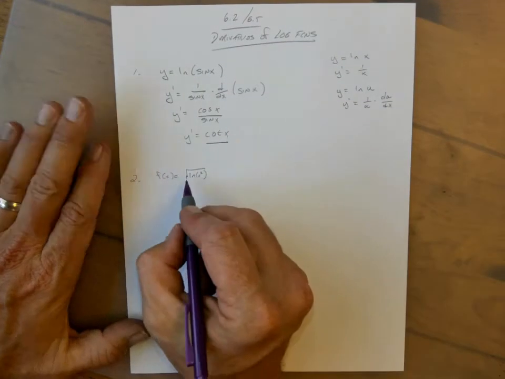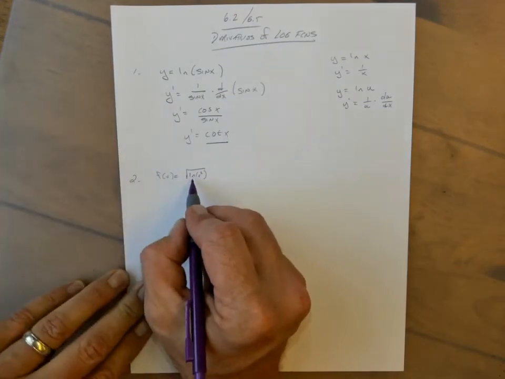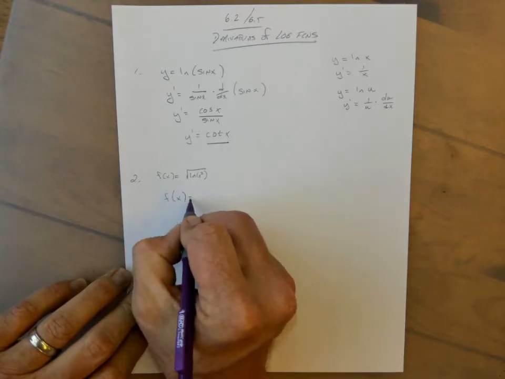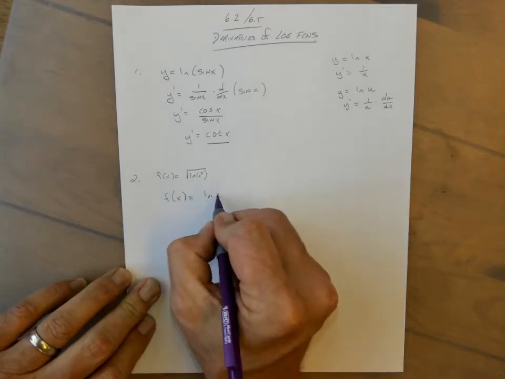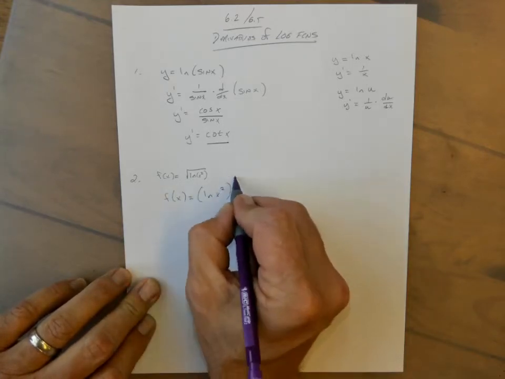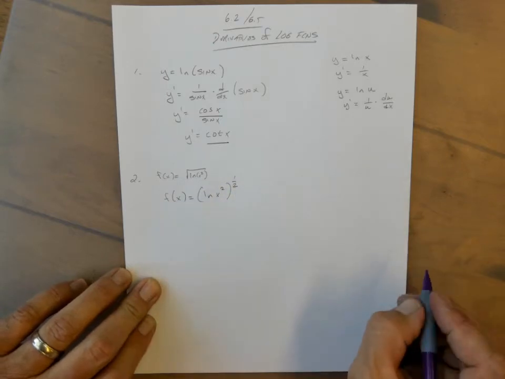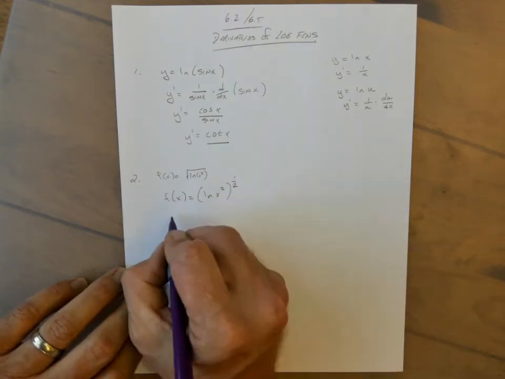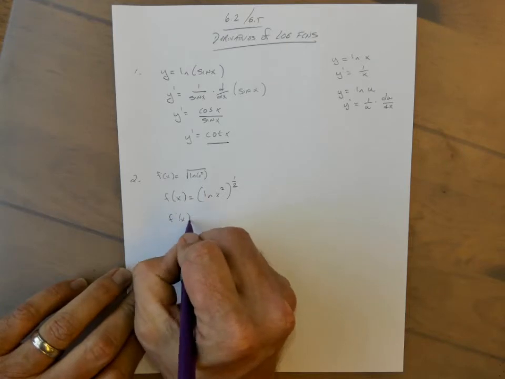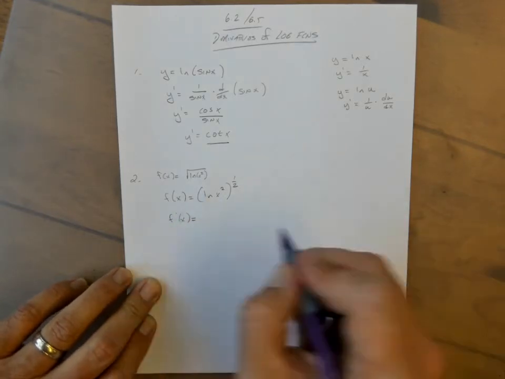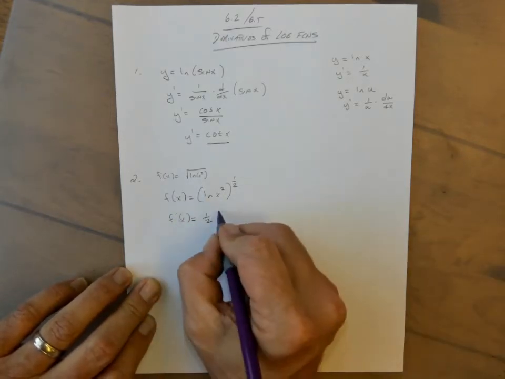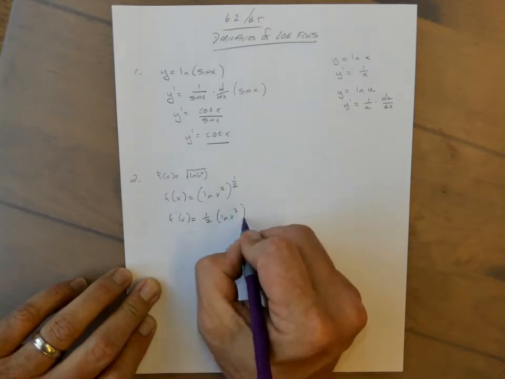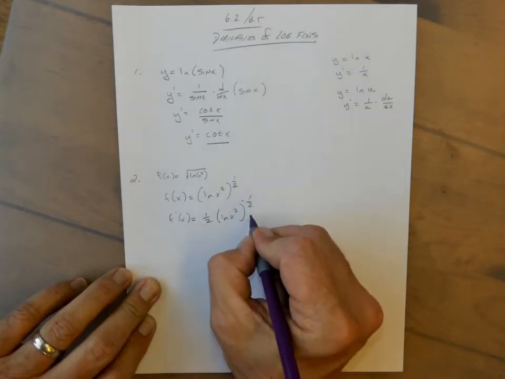Okay, now our next problem, we have the square root of the natural log of x squared. So again, we have a composite here, and I'm going to rewrite this as the natural log of x squared raised to the 1/2. And so that's going to give us as our derivative, I'll do this a little bit the long way, we'll talk about some shorter ways in a little bit, 1/2 the natural log of x squared to the negative 1/2